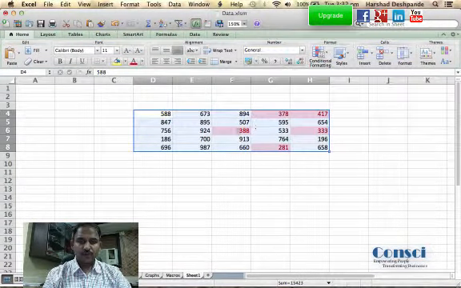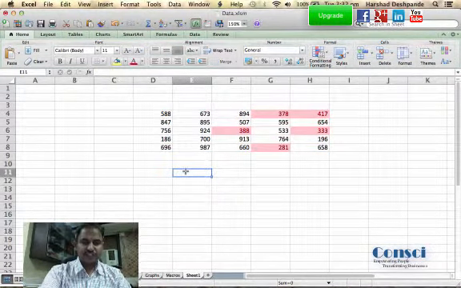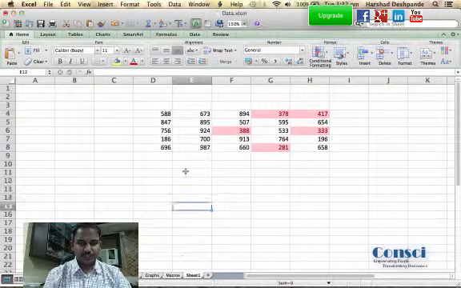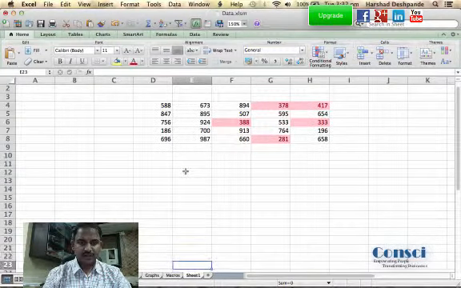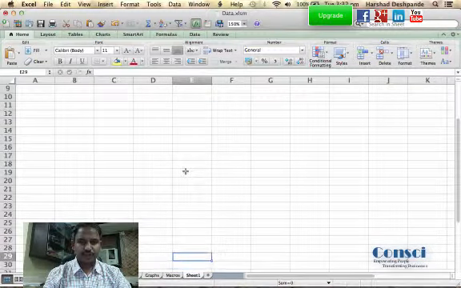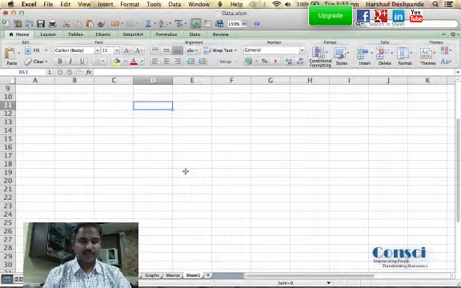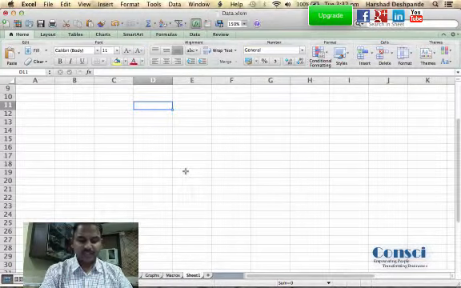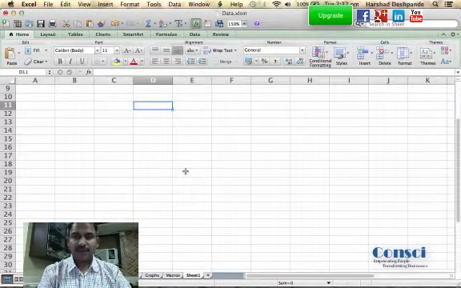Now most of us have a requirement that when a specific character or specific word is entered in a particular range, then you need to highlight it with some specific color. Typically in the equity world it has to do with buy, sell and hold ratings.